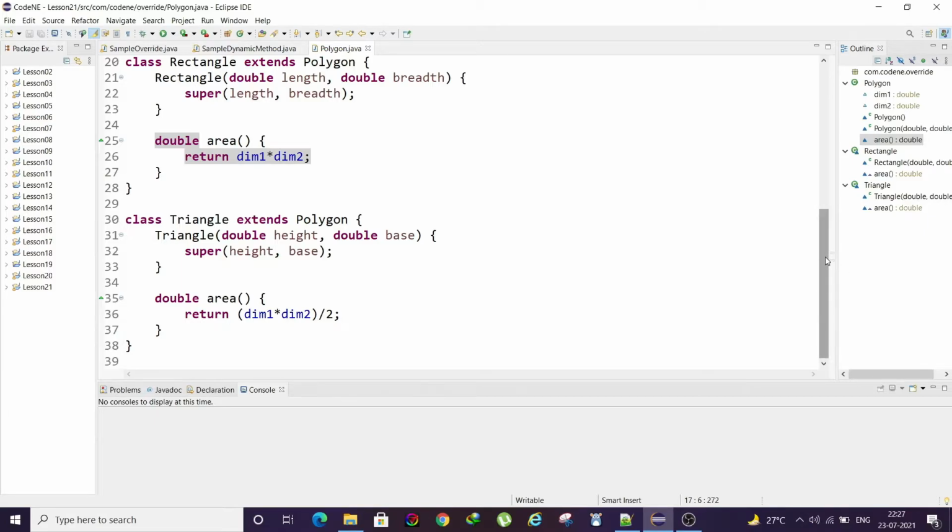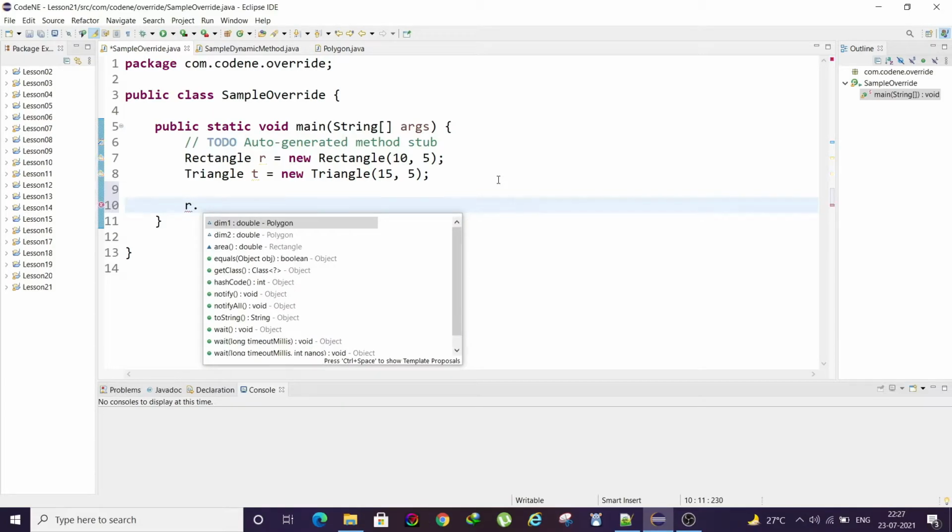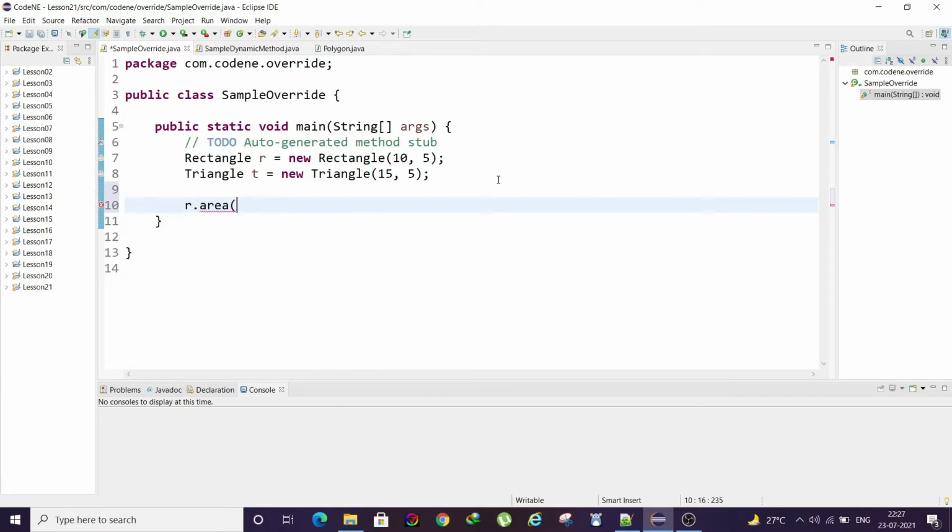When I write my code you will get a better understanding. I have a public class SampleOverride. Here we'll call this method. I have a rectangle object r and a triangle object t. So what happens when I call r.area?